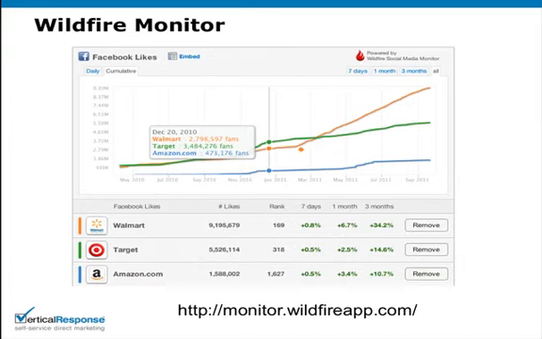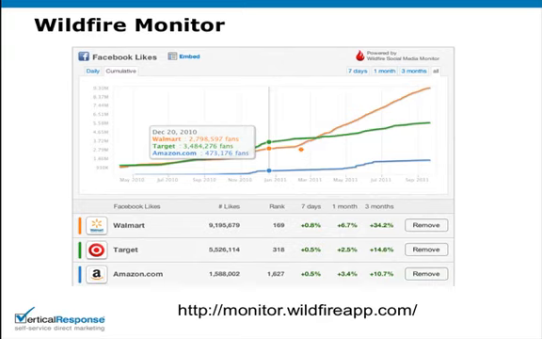Before we dive into Facebook Insights, I did mention that you could compare yourself directly to competitors. So I wanted to show you a couple of free tools that you can use to do that. The most straightforward one is Wildfire, which has a free tool to basically entice you into using their paid tools. But this is free, and you can just type in your competitors and look at overall page size, which I said the finite number of likes is not important,